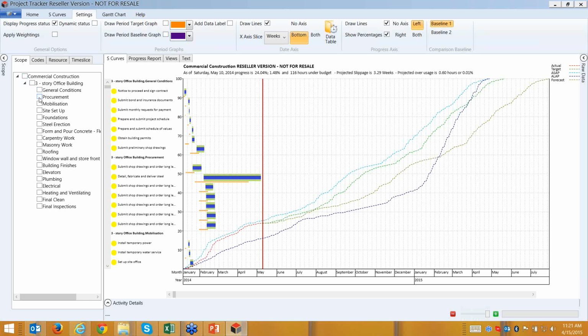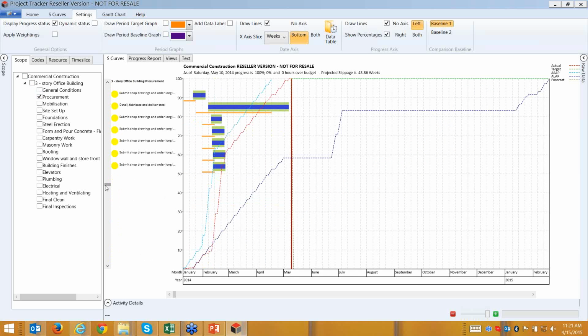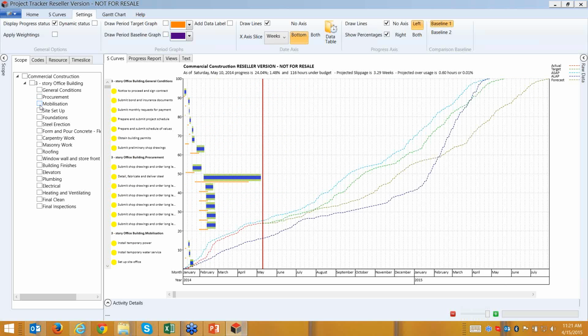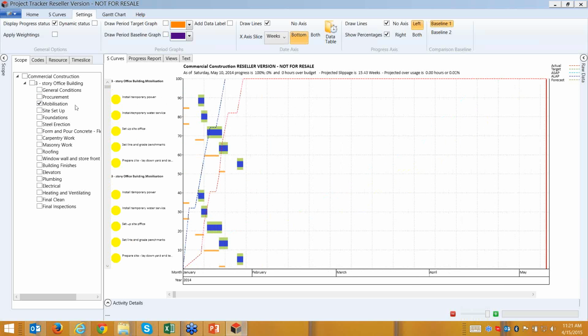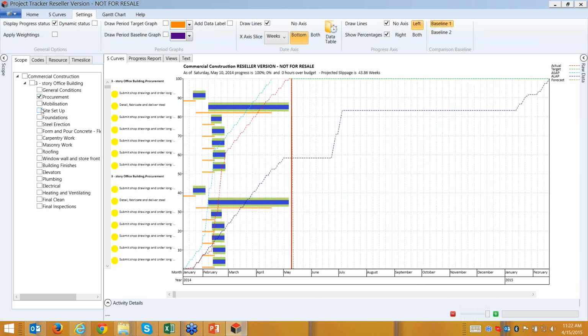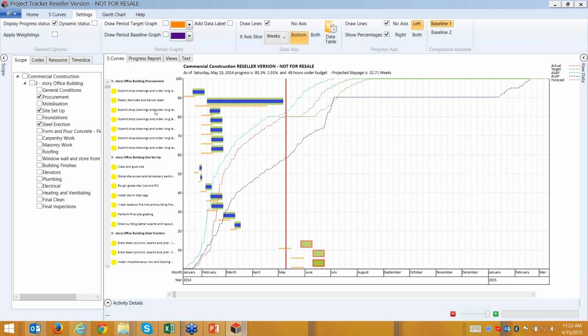If you want to see the procurement activities S-curve, you just select the procurement activities S-curve and it will display only procurement activities. Okay? But if you want to see only mobilization activities, you can just select the mobilization activities and Project Tracker will just show the project mobilization activities. You can also select procurement, site setup and steel erection activities this way, and it will give a combination of 3